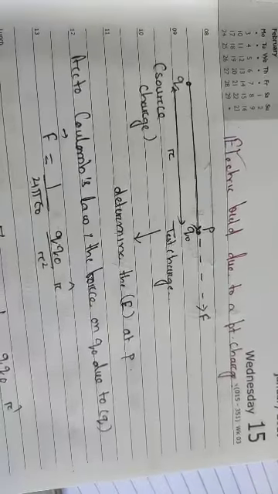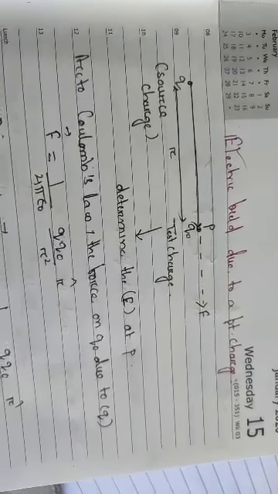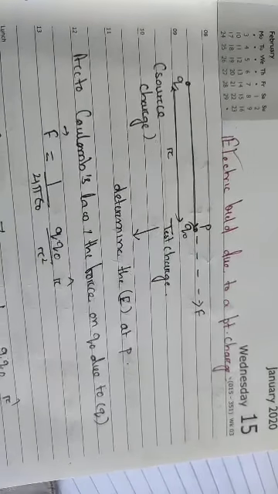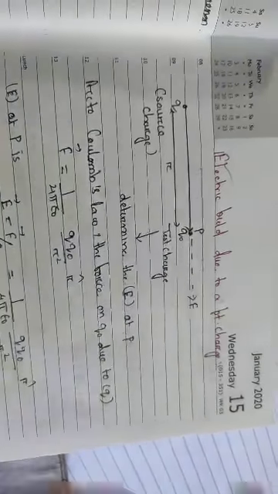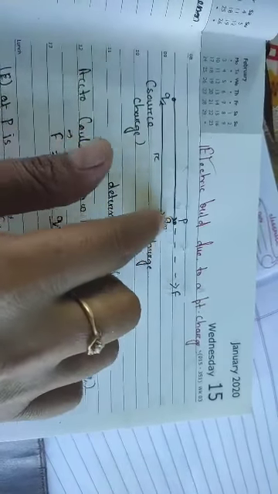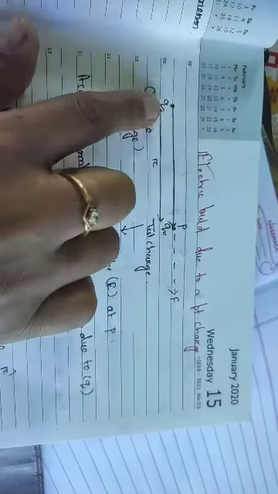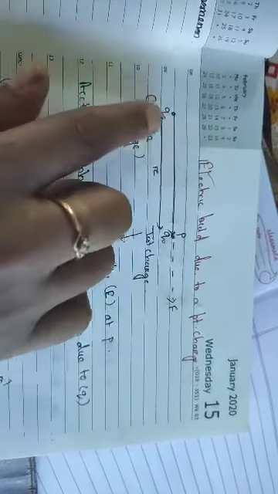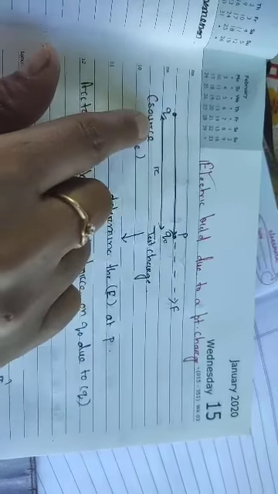So now we will start the electric field due to a point charge. How can you create an electric field due to a point charge? See, I have taken two charges. One is the source charge, another is the test charge. What happens is that the source charge will radiate the electric field, and due to this electric field of the source charge, the test charge experiences a force. I will repeat: the source charge will create the electric field.